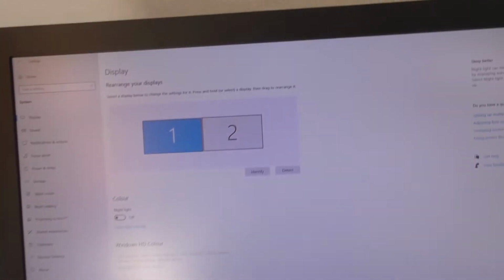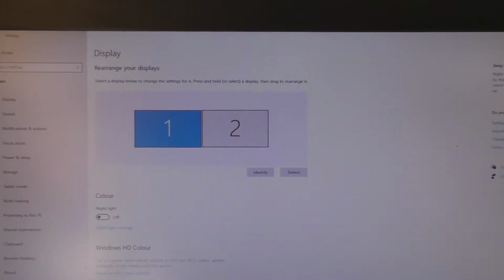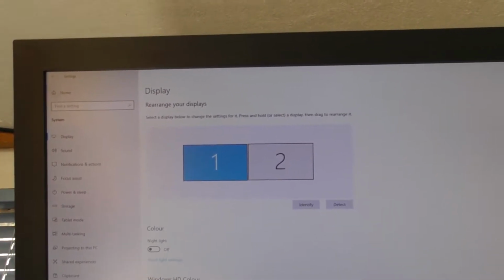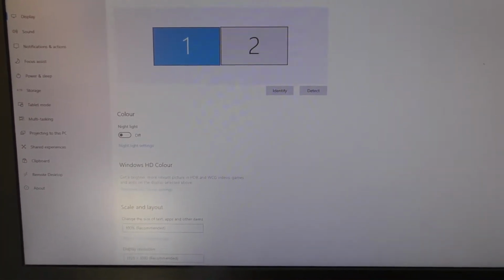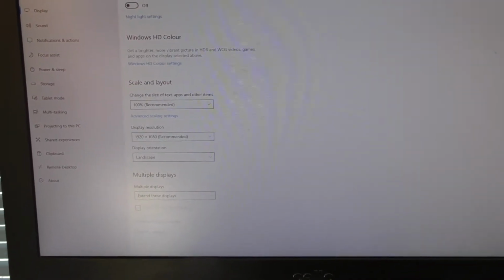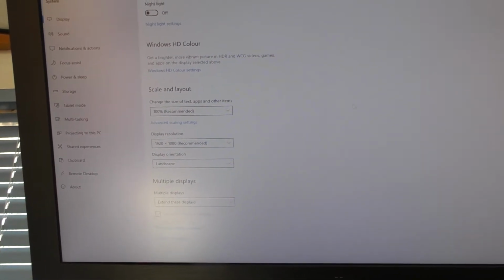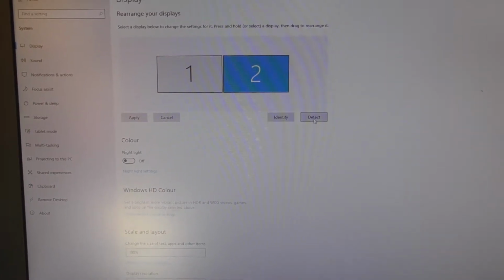Something to bear in mind is, once you've plugged this in, or if I've obviously got 2 monitors set up on this PC, monitor 1 is the touch screen and monitor 2 is the screen we're looking at. If you do not have your touch screen as the default main display here, the touch will not work properly. You'll be touching the screen and weird things will be happening on the monitor that we're actually looking at the moment. So if I go to this, actually let's identify them so you can,